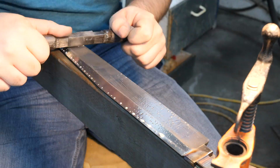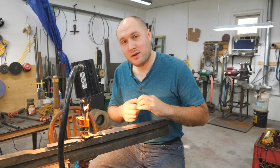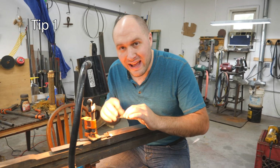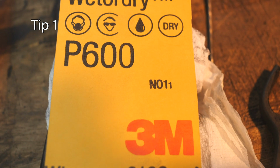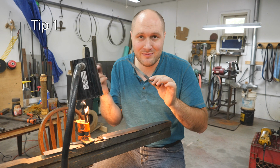I gotta get this blade hand sanded to 1500 grit. I have 3 really important tips for hand sanding that aren't in a particular order. One of them is use really high quality sandpaper, something that has nice even grit on it, because some cheap sandpaper can have, like, you'll buy 600 grit and it's got some 220 grit pieces mixed